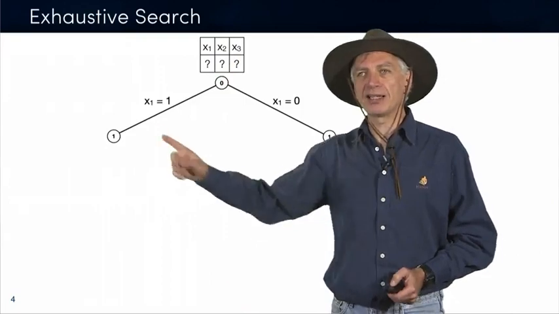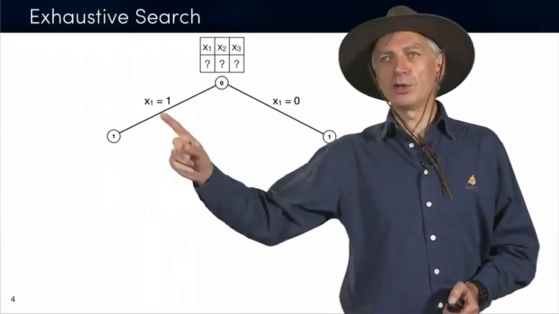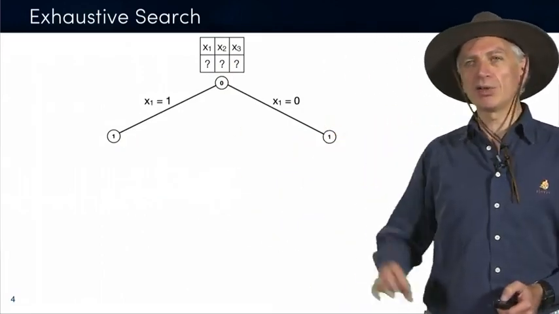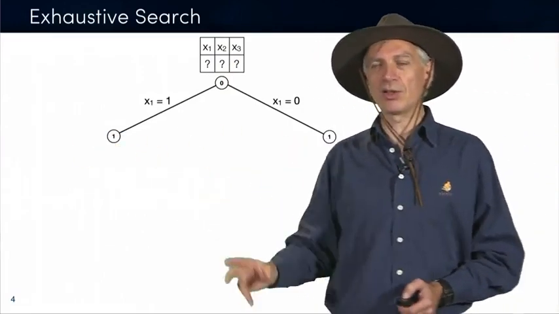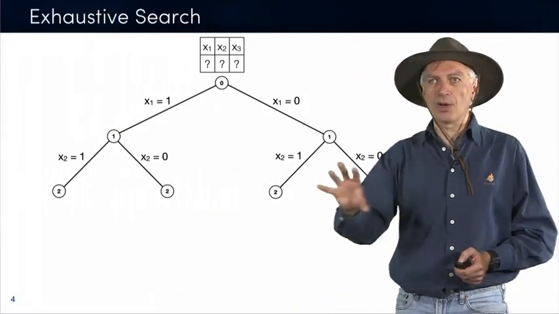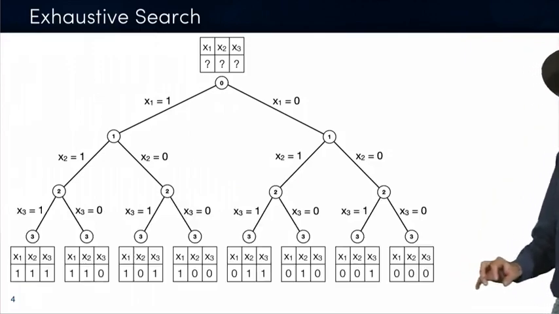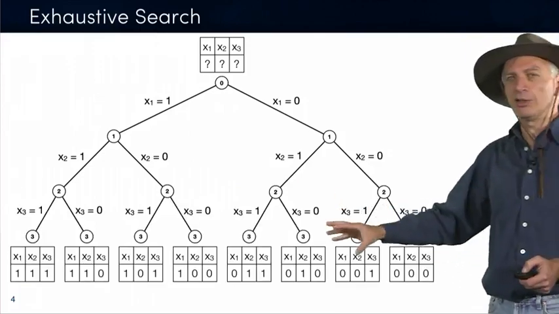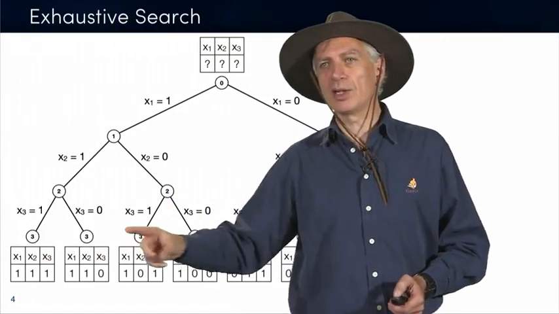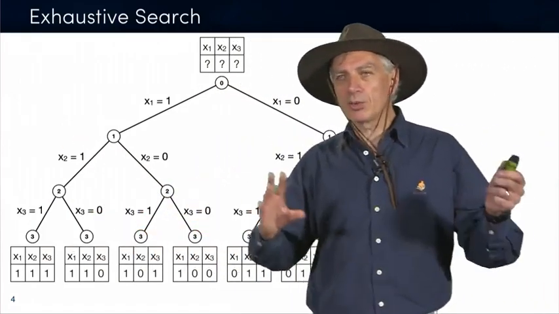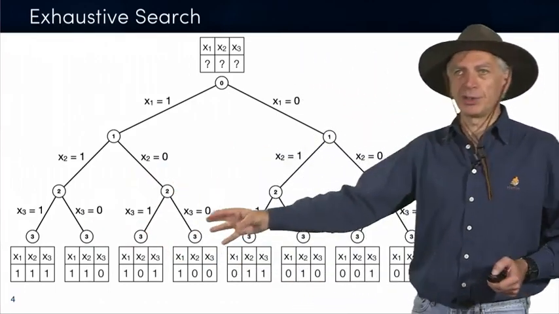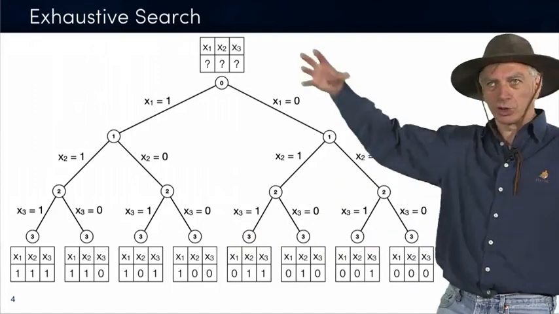You can take the first item, and then you have two decisions: whether you take the item or whether you don't take the item. Now you have these two possibilities. For these two possibilities, you look at the second item and you can decide to take the second item or not to take it. Once again, what you get now are 4 different configurations. Now you can do the same with the third item, and you get the final 8 configurations. Every one of the configurations will tell you whether you choose item 1 or not, item 2 or not, or item 3 or not. And obviously, if I had 4 items, we would have 16 of them, 5 items, 32,